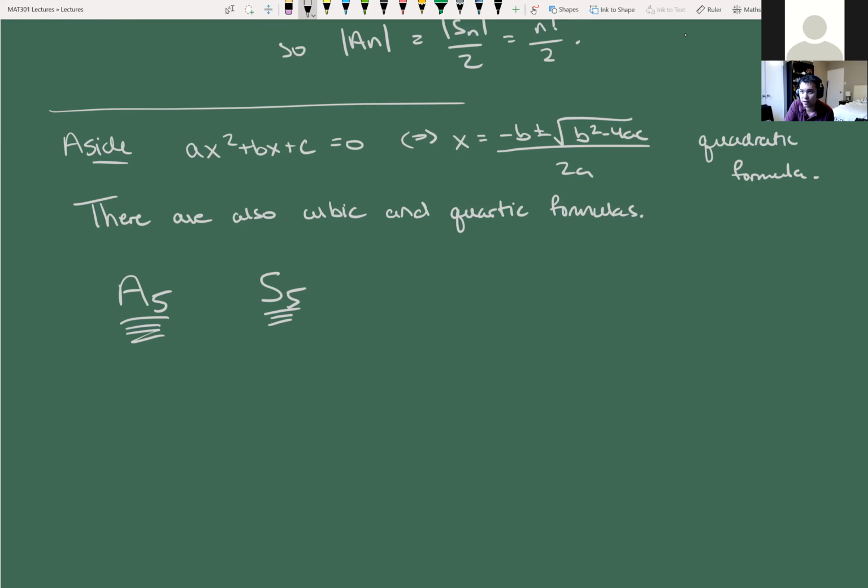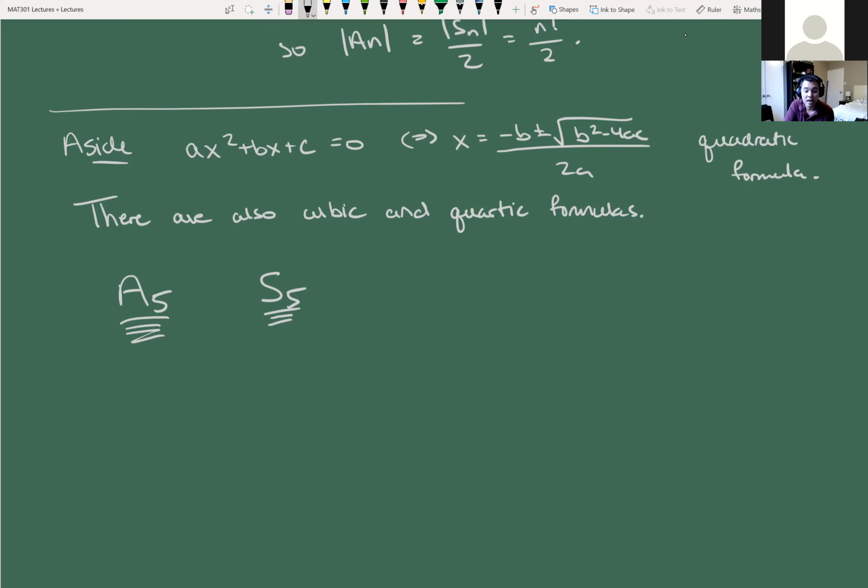And you can prove that A5 is not solvable. It's hard to show directly that S5 is not solvable, but it's easy to show that A5 is not solvable. So since A5 is not solvable, S5 is not solvable. And since S5 is not solvable, there's no quintic formula. And then this immediately implies that there's no formula for any polynomial of degree n greater than or equal to